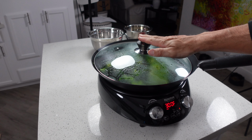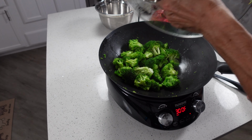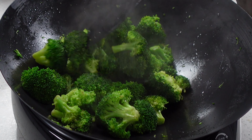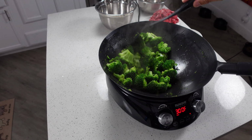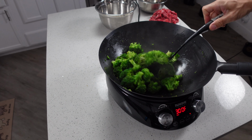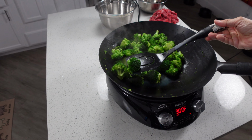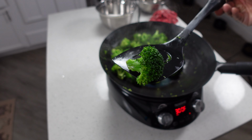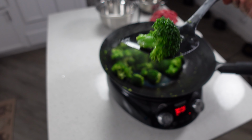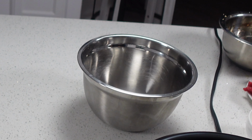And this part should probably take up to maybe 5 minutes at the most. It sort of depends on how you like broccoli cooked. You don't want to overcook it and make it mushy, but you don't want it to be rock hard either. You'll be able to tell when it's just about right when it starts turning a brighter shade of green like this. Once you get it to that point, we can take these out of the wok and set them